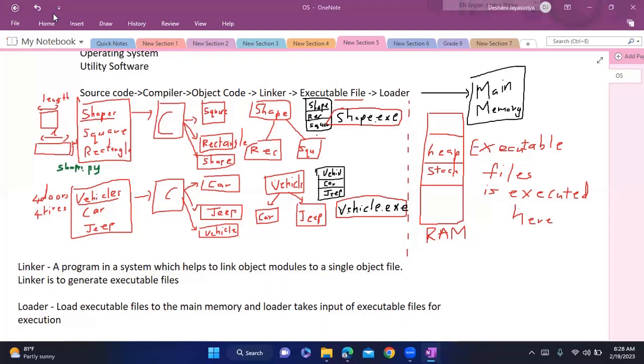Tell me once you are done with this part, we'll write about stack and